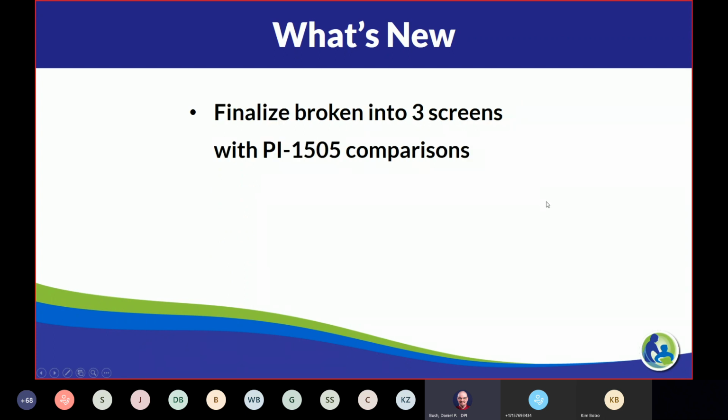The finalized section, which previously was just a summary screen with a couple of errors that may or may not come up depending on where you're at, we've actually broken out those error checks into 3 separate screens with comparisons to the PI 1505 annual report. Obviously, for independent charter schools, the PI 1505 does not apply, and for those folks, we have set it up to bypass those checks. But for school districts who submit a PI 1505 annual report, there's going to be a comparison to total expenditures,